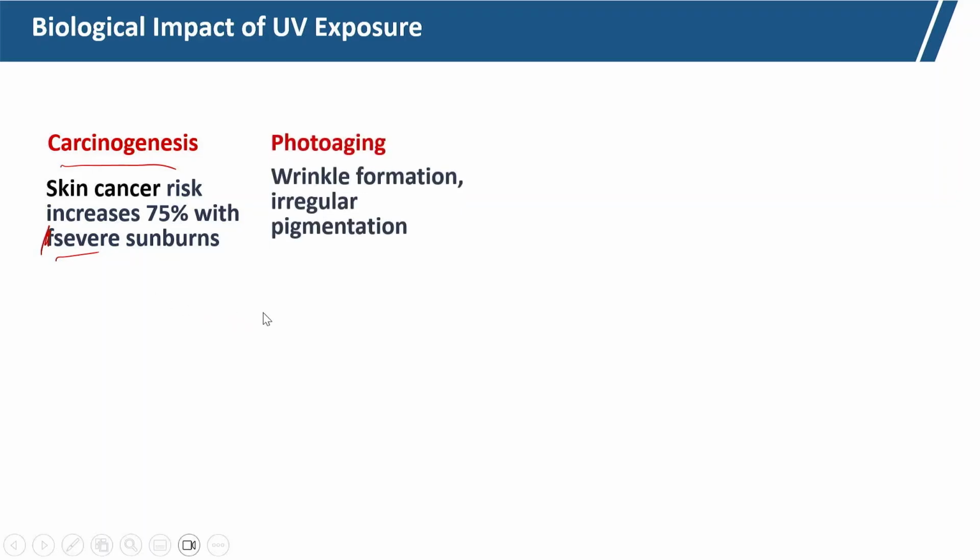Photoaging is there if our body is exposed to the UV for a long time. So, wrinkle formation will be there, and irregular pigmentation. So, dots will come, photoaging will take place,